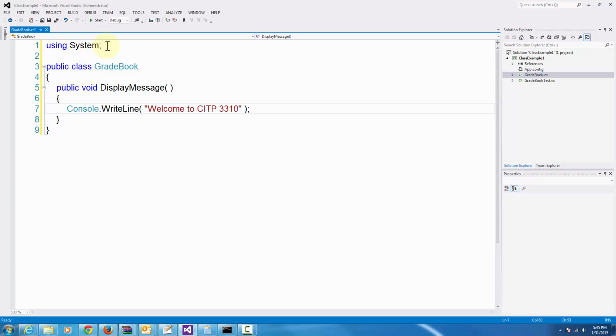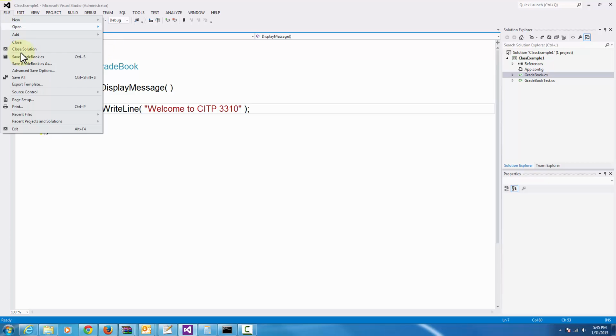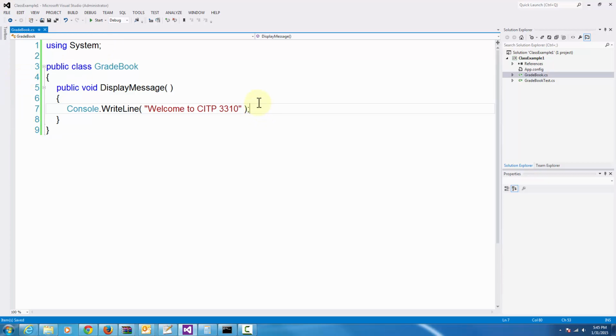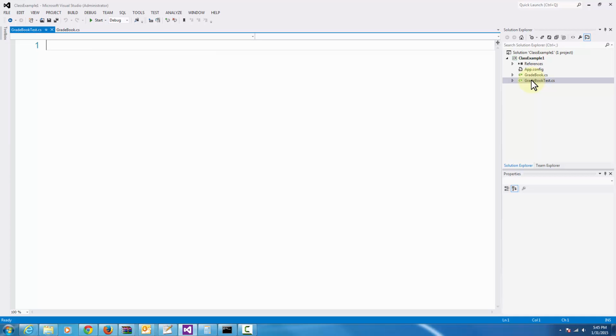Okay, so how do we actually use this? We're going to test it out. We can save it, file, save all, and then use it somewhere else. So now we're going to go to gradebook test, and then here